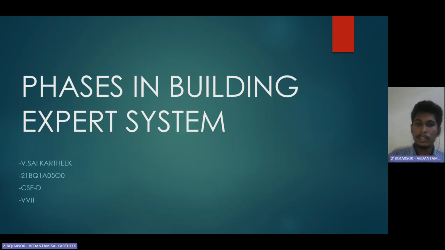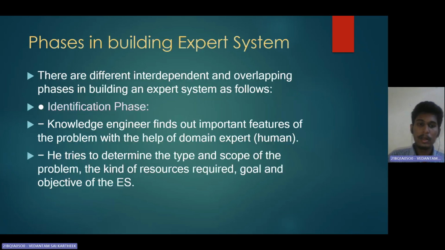Let us see the phases in building the expert system. There are mainly five phases. The first phase is the identification phase, where the knowledge engineer finds out the important features of the problem with the help of a domain expert. A domain expert is someone who has more knowledge about the specific problem domain. So the knowledge engineer gets the information